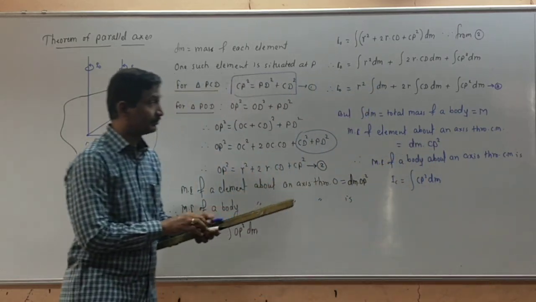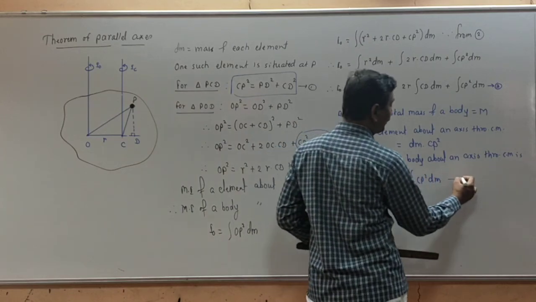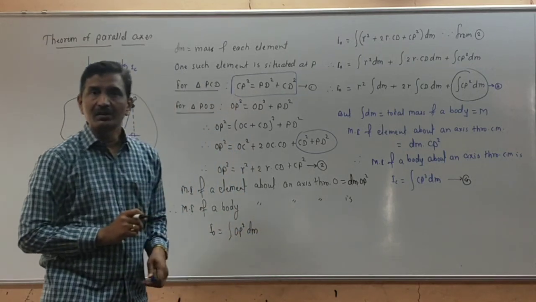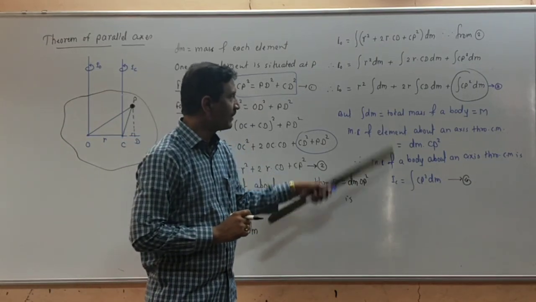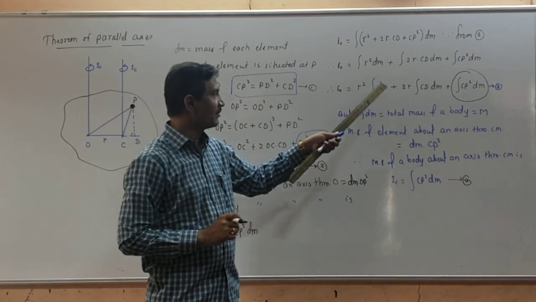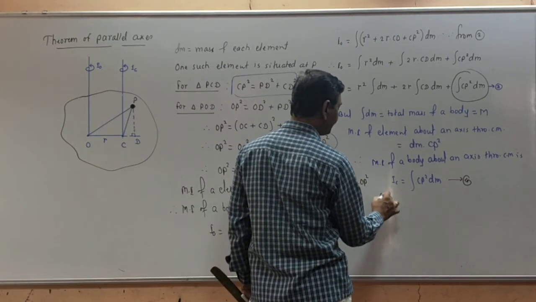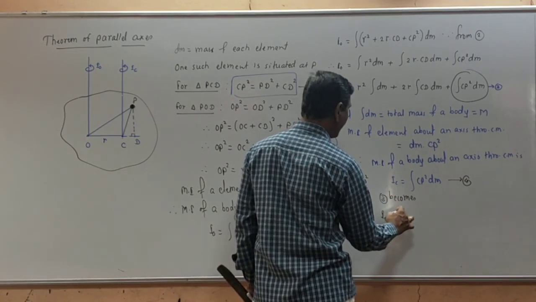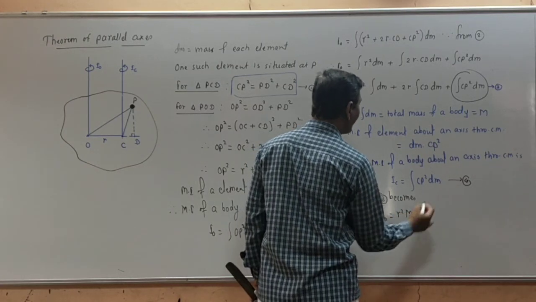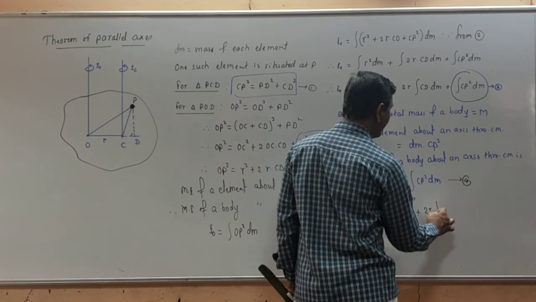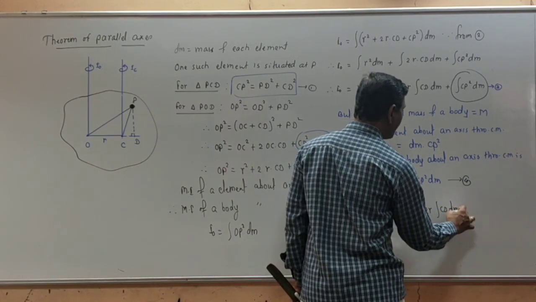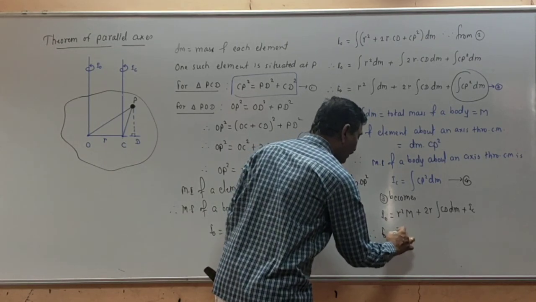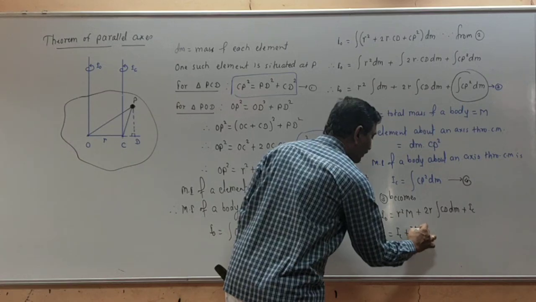Now see the steps. Equation number, suppose 4. So in equation 3, integration of dm is involved. So put integration of CP square into dm as the IC and integration of dm is equal to M. So equation 3 becomes, what is your result? IO is equal to R square into capital M plus 2R into integration of CD into dm plus IC. So we change the order. IO is equal to IC plus MR square.